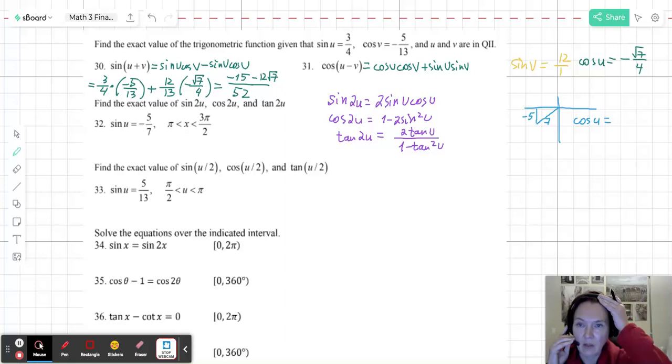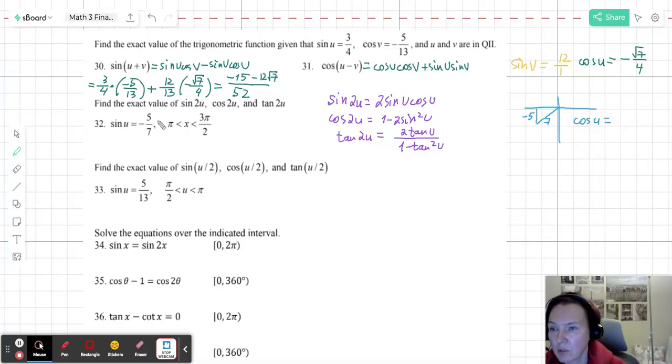Continuing with our study guide, we are now on problem number 32. Sine u is -5/7. It's in the third quadrant. We need to find the sine of the double angle, the cosine and the tangent of the double angle. Those are the formulas. Since sine is -5/7 and in the third quadrant, we can sketch our triangle in the third